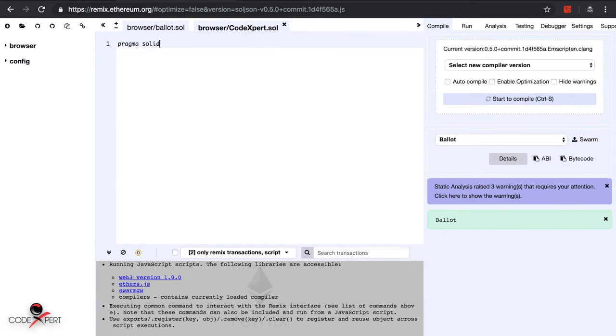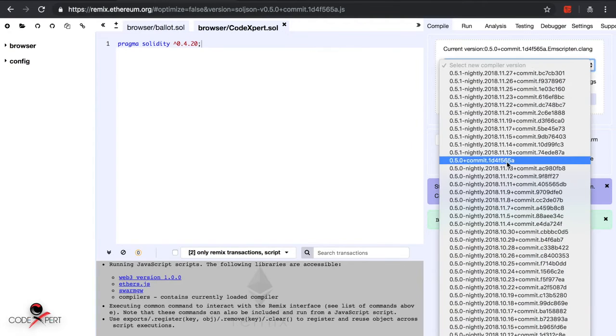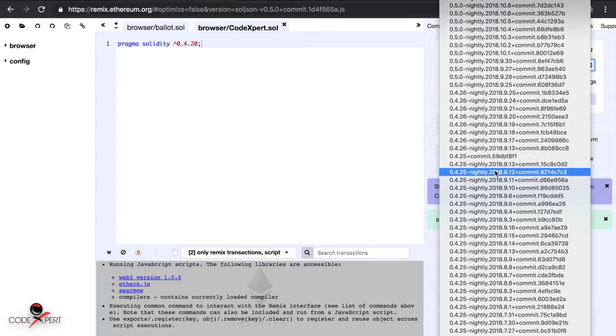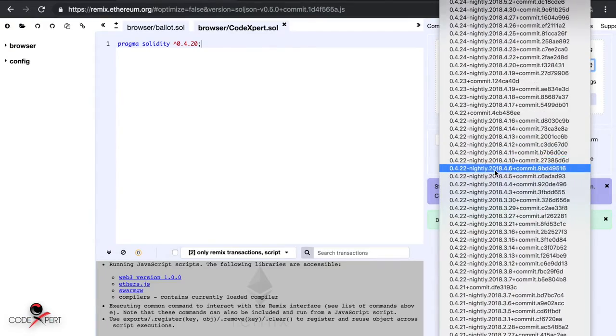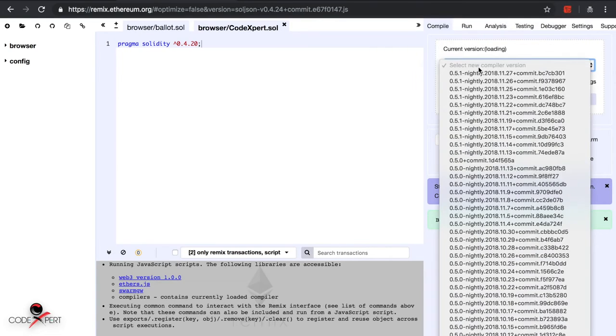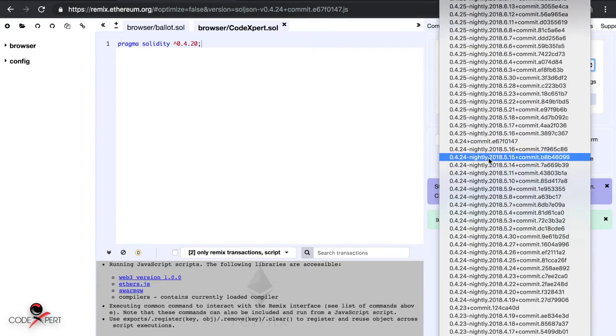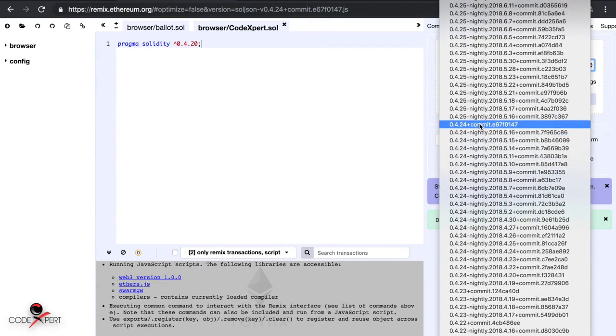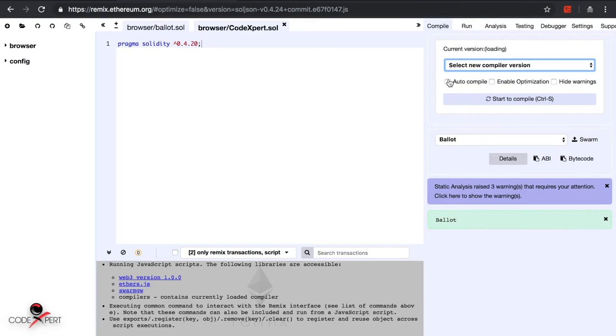Pragma Solidity, and we are going to use 0.4.20 because currently it is used in the Tronbox compilation, and make sure that you have 0.4.24 or similar to that in your compilation version, and make sure that you don't use the nightly version but actually use the commit version, which is this one. And click in here and click on auto compile to compile it automatically, and now we can start developing it